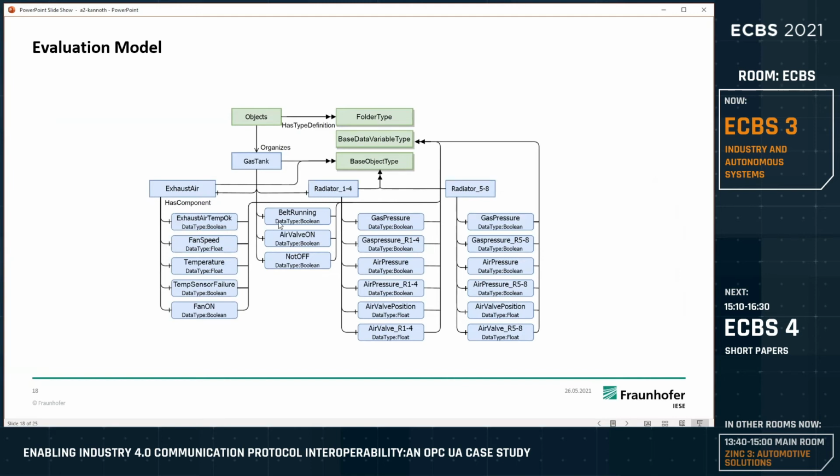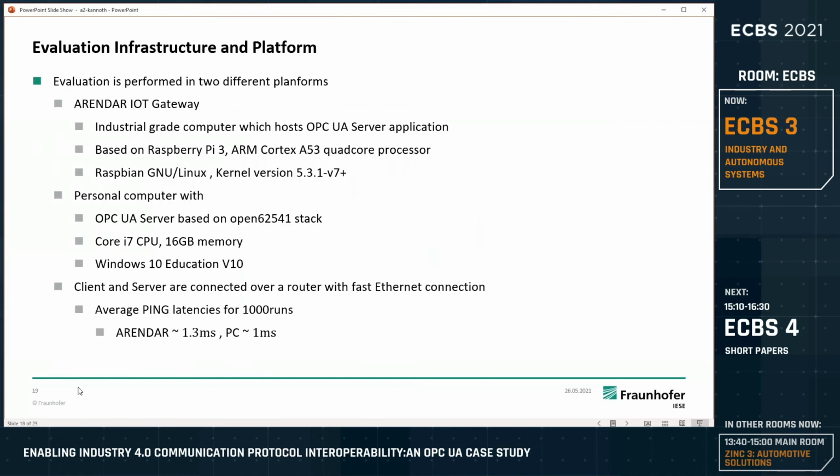and the rounded rectangles are actually nodes which store values. So we evaluated our translation capability by retrieving and writing to this model, and also to base data types. The evaluation is performed on 3 different platforms. One is the R&R IoT Gateway, which is very popular in industry automation now, because this has an embedded system which has a Linux system running on it, with different interfaces, and also an OPC UA server hosted on it. And one with a personal computer with the open62541 OPC UA stack, which is very commonly